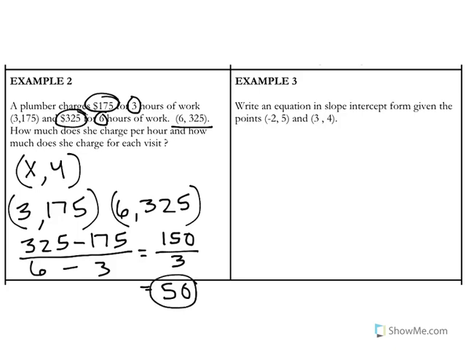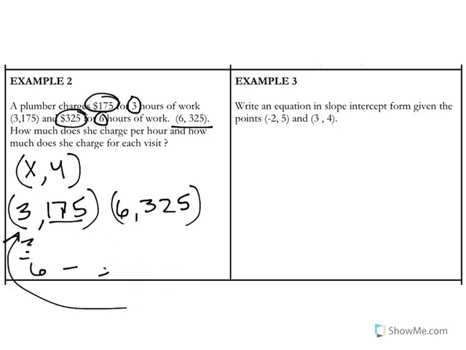Now, I have a couple of choices. I can take this 50, I can times it by 3, and that's going to give me 150, but that means I need to add 25 to get to this number. That's one way we can do it. Another way we can do it, and I'm going to erase this, so you might want to pause it and write this down if you haven't. I'm going to erase it,